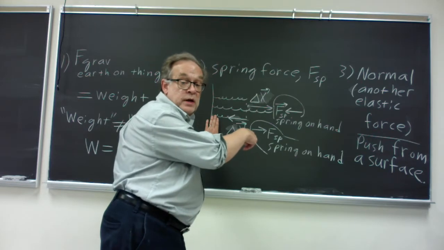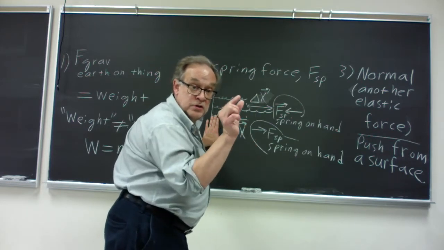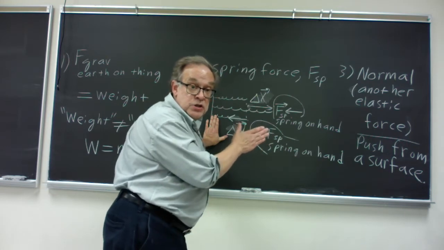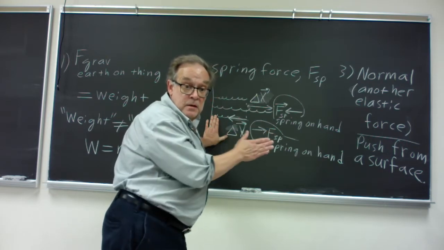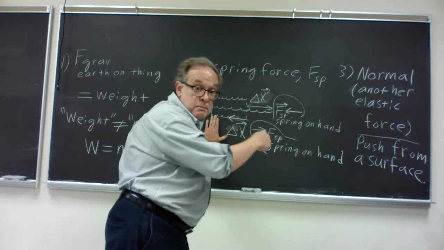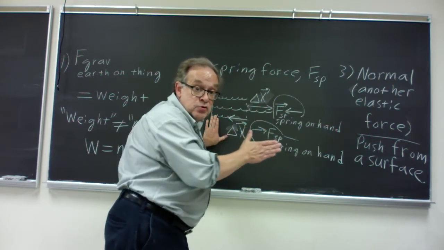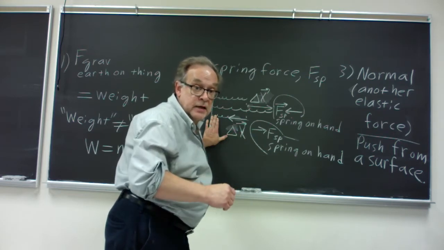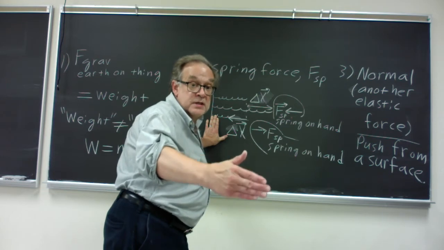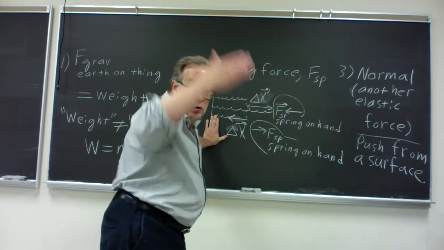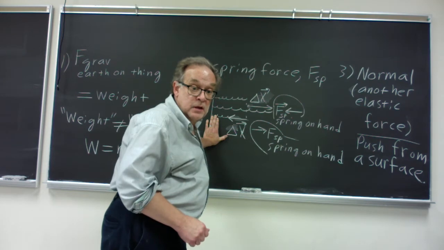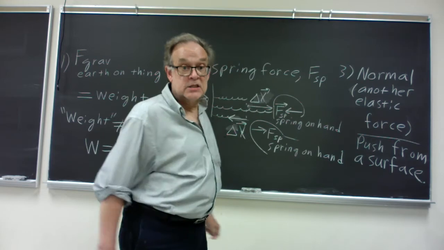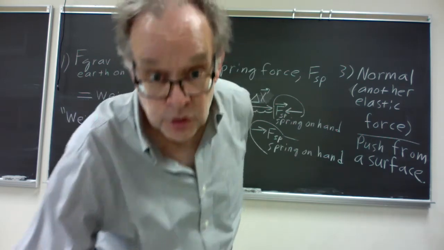I push this way on the blackboard so the blackboard is squeezed a little bit. The blackboard tries to snap back to its unsqueezed state. In other words, I squeeze it this way, the blackboard is trying to move this way. It can't move this way because my hand is blocking it, but it's trying to move this way to snap back to its original perfectly vertical shape. And in trying to snap back this way, it pushes on me. That's the source of a normal force.